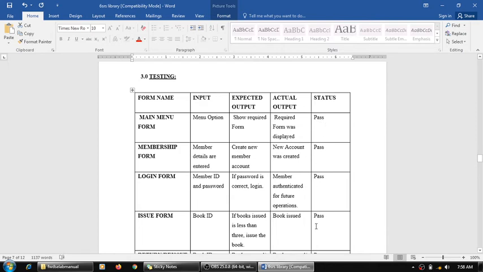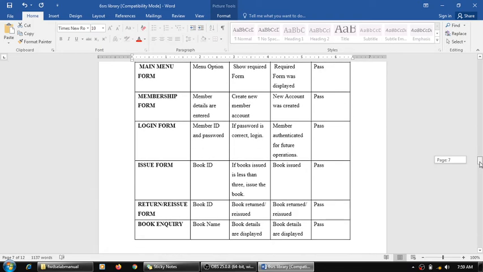But yes, there is a possibility test cases are where we represent both valid as well as invalid cases. So you will be making invalid cases also. Say you have entered the details, it must create an account. Maybe the account was not created because maybe it's a mismatch, right? Or the member does not exist. That student ID is a pass out ID of a pass out student, right? So it might happen. So you have to represent all these.